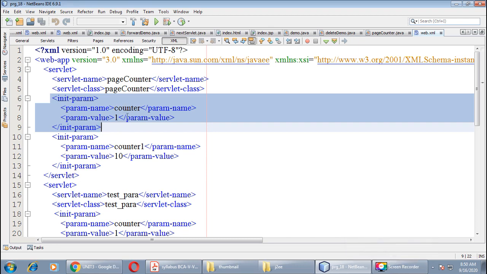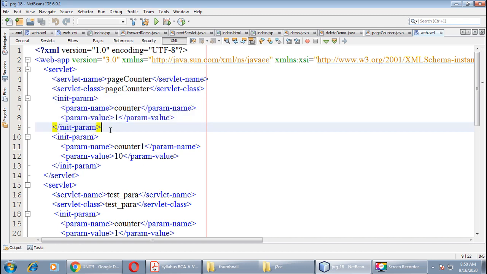Both values we provide between the init-param tag. Similarly, I have defined one more parameter with a different name. The name given to the second parameter is counter1, and the value assigned to this variable is 10.